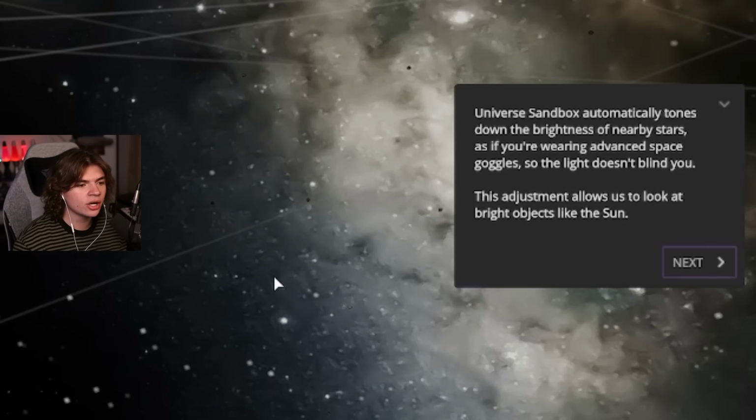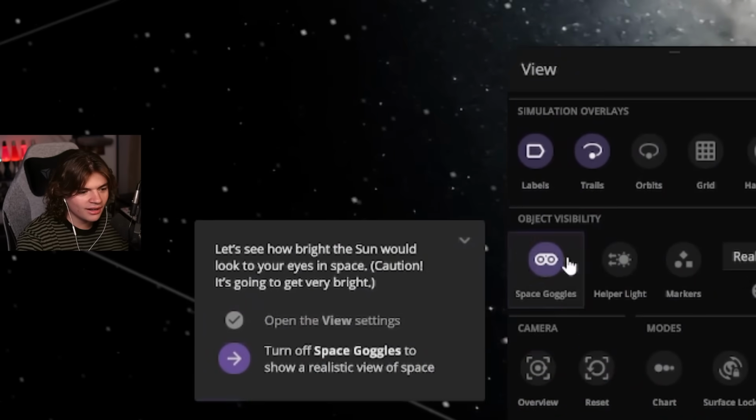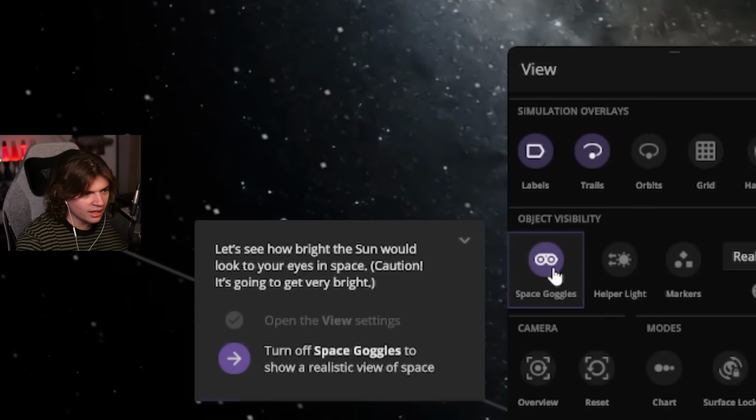I was just wondering. Universe Sandbox automatically tones down the brightness of nearby stars as if you're wearing advanced space goggles so the light doesn't blind you. I see. This adjustment allows us to look at bright objects like the sun. Let's see how bright the sun would look to your eyes in space. Oh boy, here we go. Oh, okay, so they have space goggles. So if you turn this off, it's gonna...